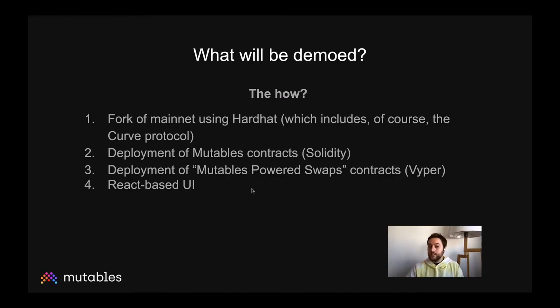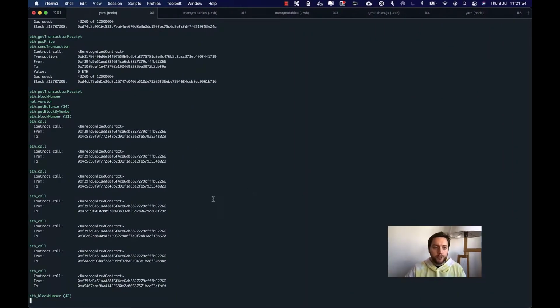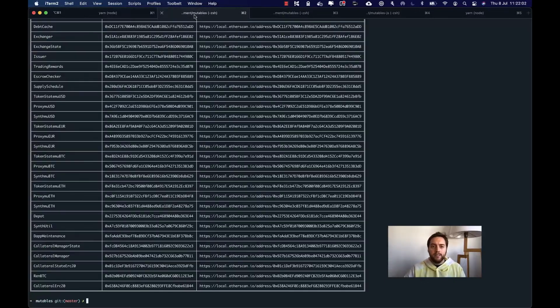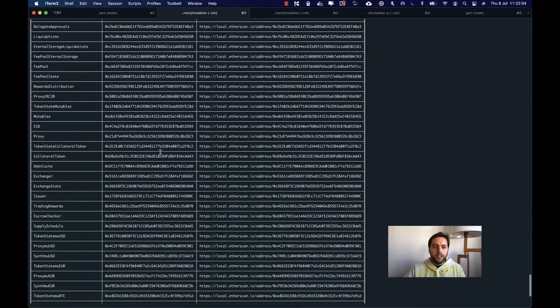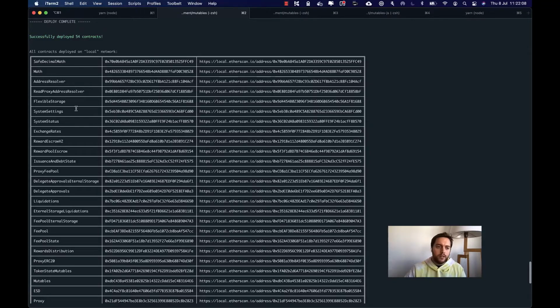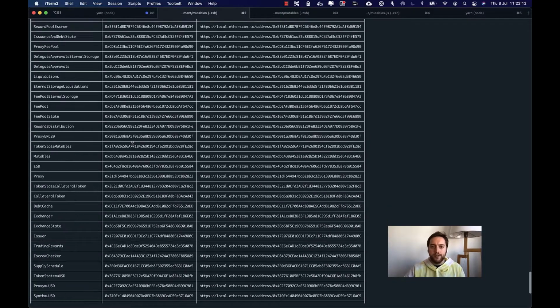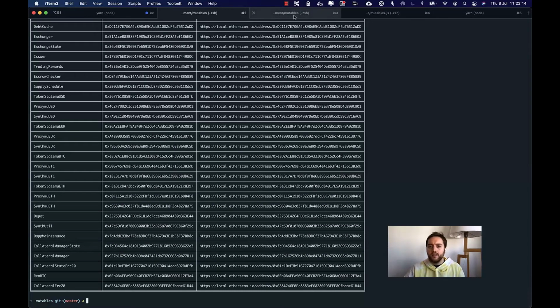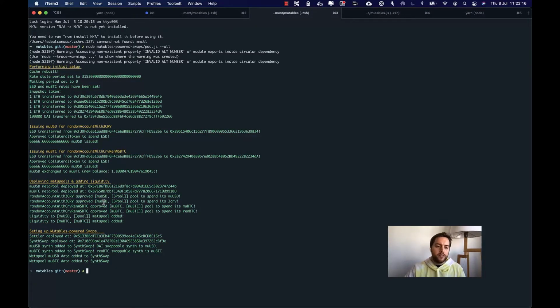Okay, so let's get started. I'm going to show you first the command line. As you can see here, we have the fork from mainnet using Hardhat that is running here. And then here you can see all the contracts that have been deployed as part of the Mutables protocol. This is the table that's just showing all the addresses of the deployed contracts. And then here I have run a script that I built that is preparing everything